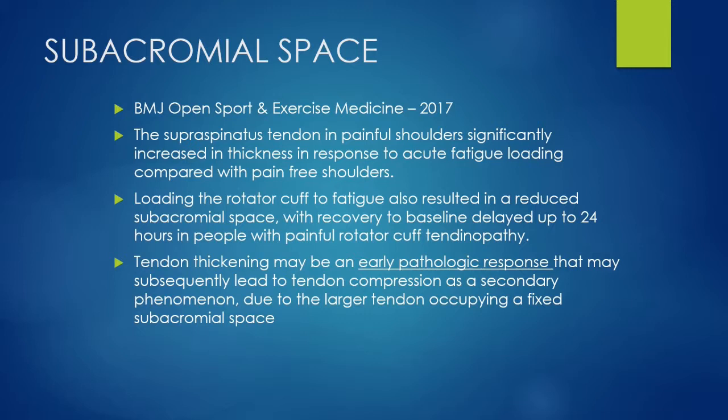In degenerative tendinopathy, what we see in the extracellular matrix is that it becomes more aqueous, more fluidy, more puffy, more edematous. It also becomes more vascular and subject to hyperemia. So these factors contribute to swelling and an increase in thickness of abnormal tendon compared to normal tendon. So in this study, they took people with pain in their shoulders, and they had a control population of people